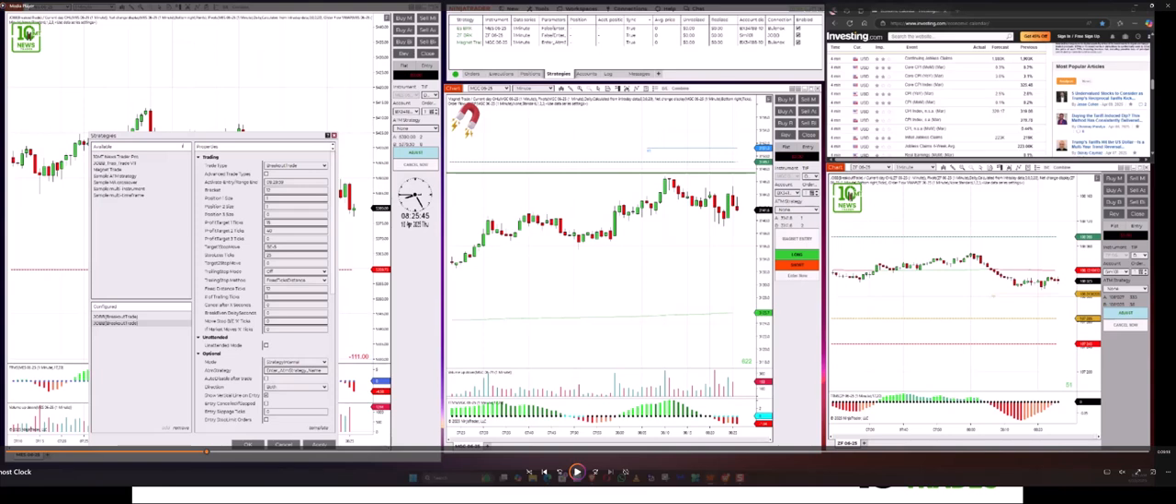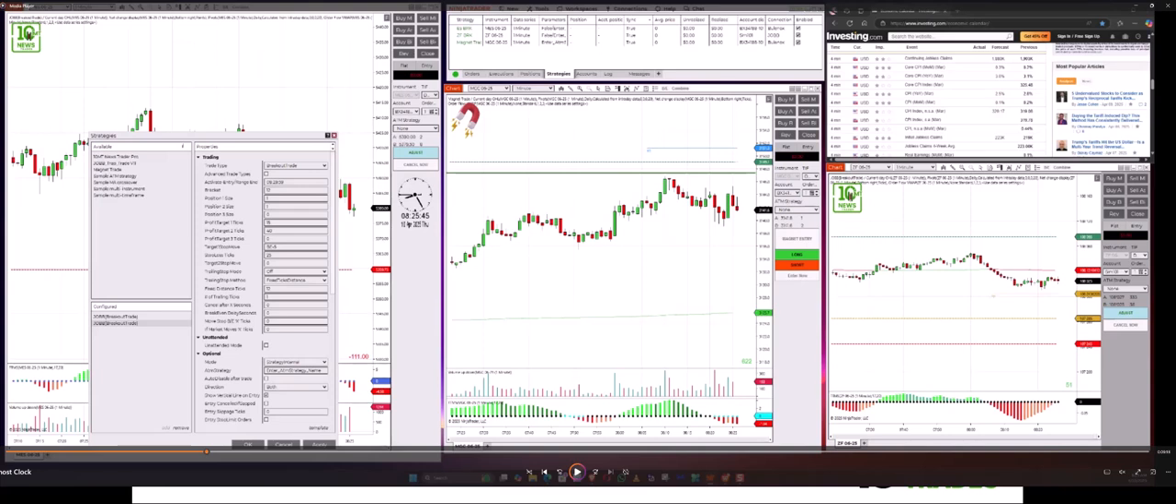But that key is, theoretically, the magnet is going to be your first target. All right? Preferably an exit if it only goes to the high of the day. But the beauty of trading and the interesting thing about trading is, of course, the magnet can be your exit,